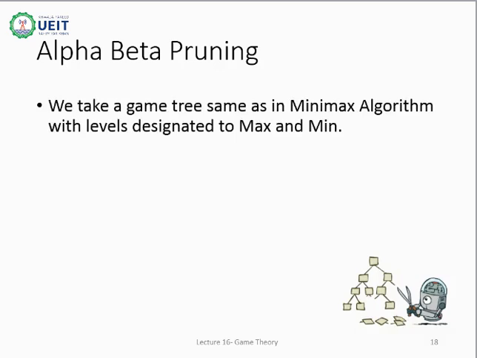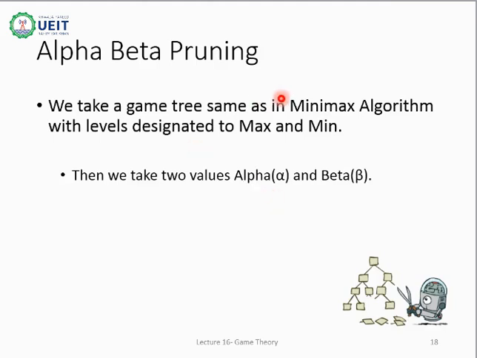Let's discuss the technicalities of alpha-beta pruning. Just like the Minimax algorithm, here also we start by mentioning max and min against all levels starting from the root node. After mentioning max and min, we now take two additional values, alpha and beta. Alpha is always initialized with negative infinity and is always set as max. Beta is associated with the minimum level and is always initialized with positive infinity. We will change the value of alpha when we are at level max, and we will change the value of beta when we are at level min.